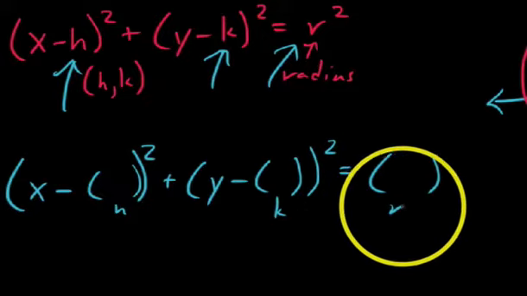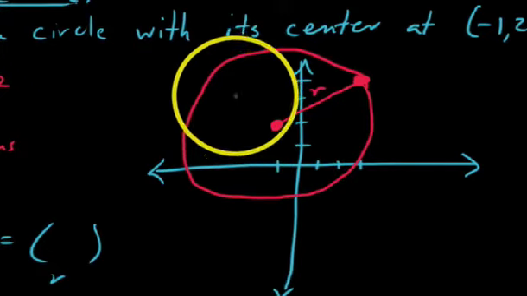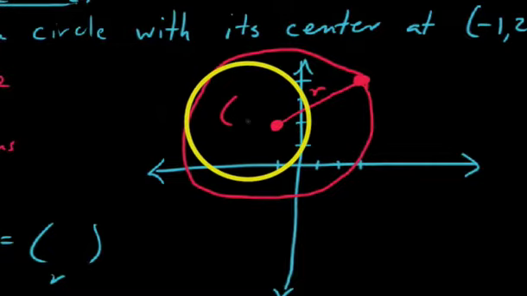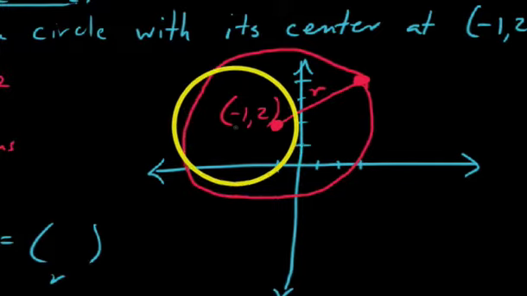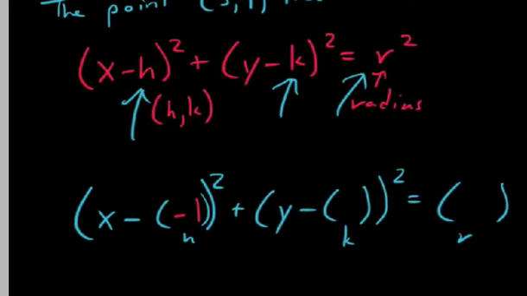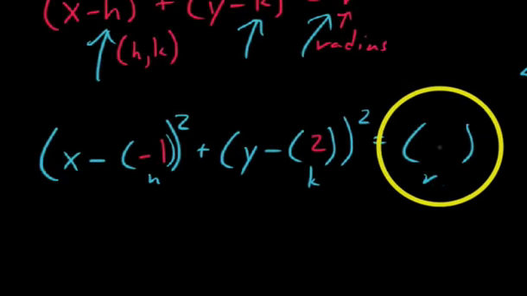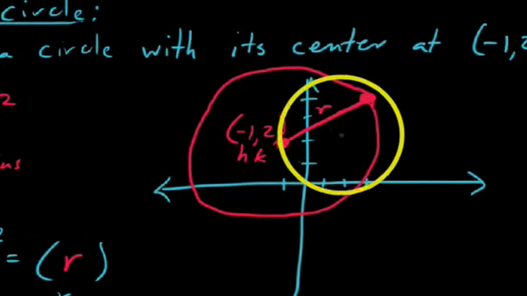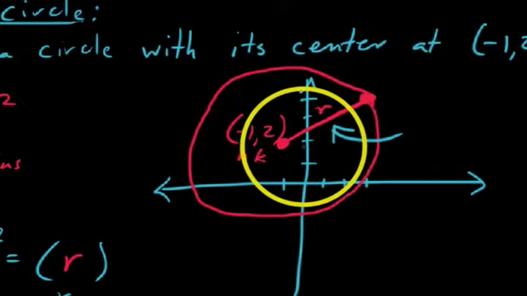value squared. The neat thing about this is we already have some insight into the center of the circle, (h, k). In this instance, the center was at (-1, 2), so h is -1. Let's go back down here and put in a -1, and for k we'll put in a +2. The only thing that happens to be a mystery here is this distance r. We're going to have to find that in a minute,